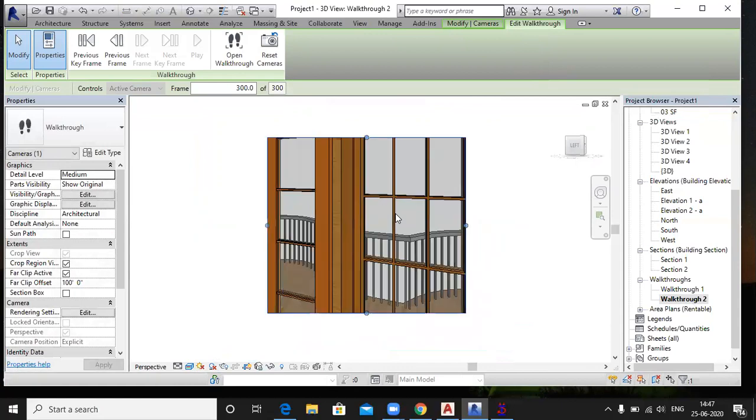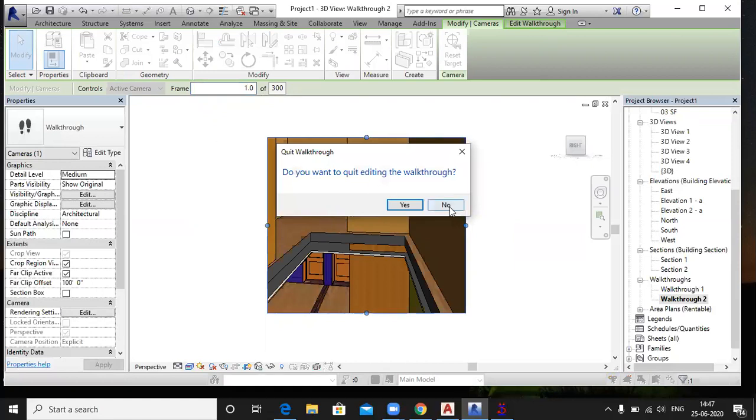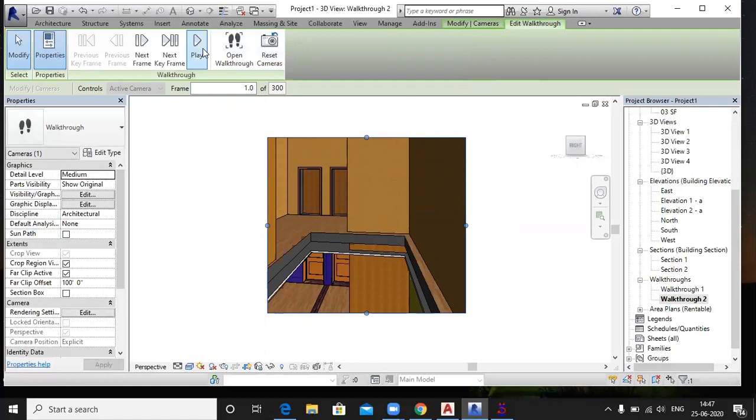This is your frames. Just select the first frame, starting from the first frame. Click on the edit walkthrough and just click on the play button.